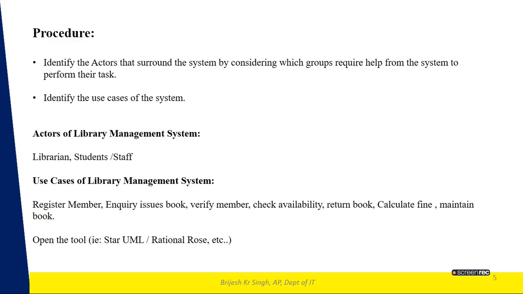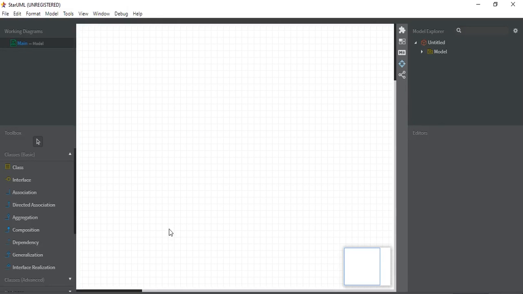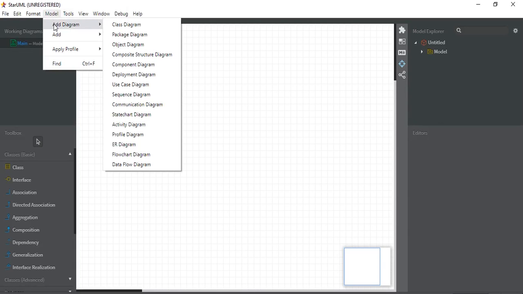After that, we need to open the software tool, that is StarUML. Now I am going to open the software tool. Install the software StarUML, open it, go to the model and then go to add diagram.